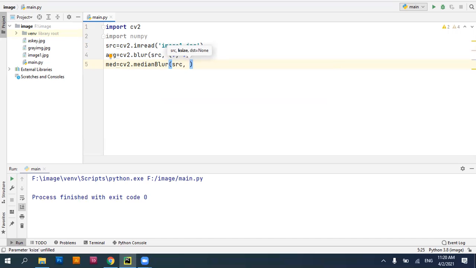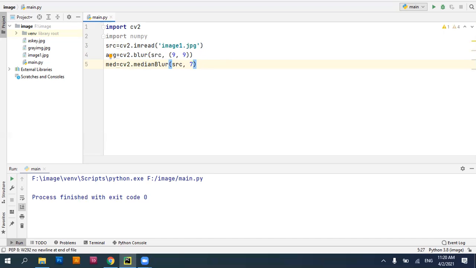So I'll specify it as 7 here. Now, what exactly is your median blur going to do? Very similar to your average blur, rather than calculating the average value of the pixels under the kernel, this is going to calculate the median value of all the pixels under the kernel and replace the central pixel value by this median value.